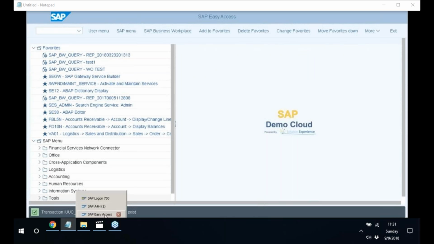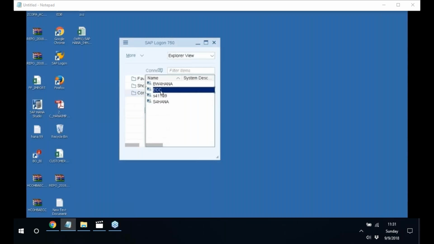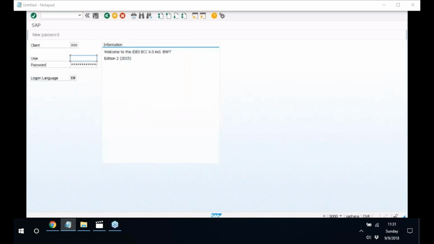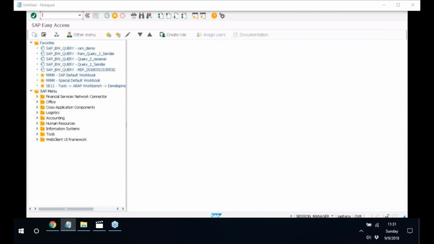So in this T code, IUUC_REPL, once you go to this T code,